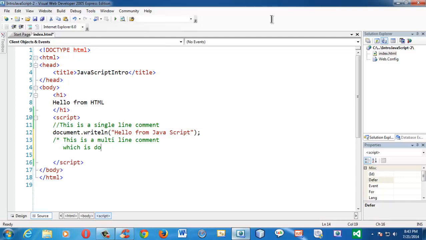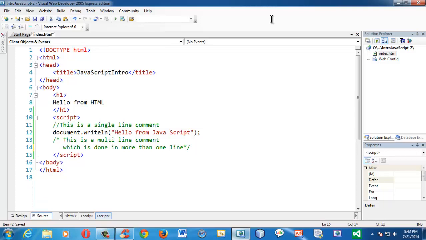You can write whatever comment you need according to the instruction which you give inside the language, done in more than one line. I am ending the multi-line comment by star and slash here. So this is a multi-line comment and this is a single line comment. There are these two kinds of comments in JavaScript.